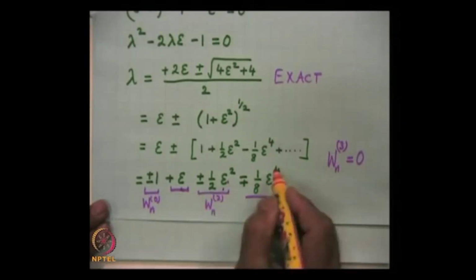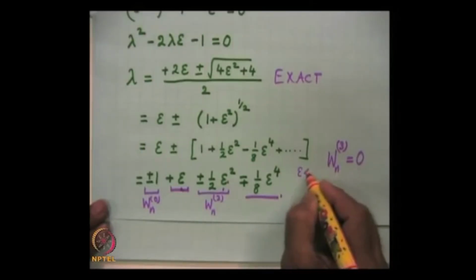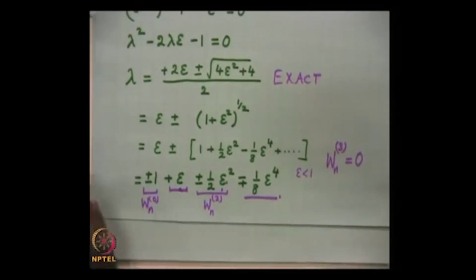Once again, this binomial expansion is only valid when epsilon is less than 1. So, therefore, the perturbation theory will not be valid when epsilon is greater than 1. So, the perturbation theory is usually valid, we say, for small perturbation. In fact, it will be a divergent series if epsilon is greater than 1. So, it does not work often when the parameter becomes large. Okay. So, I have given you one example from the harmonic oscillator problem and another example from the theory of